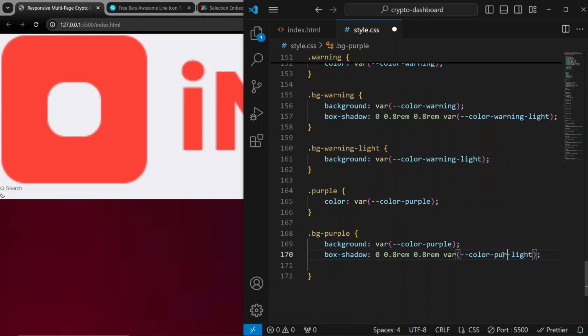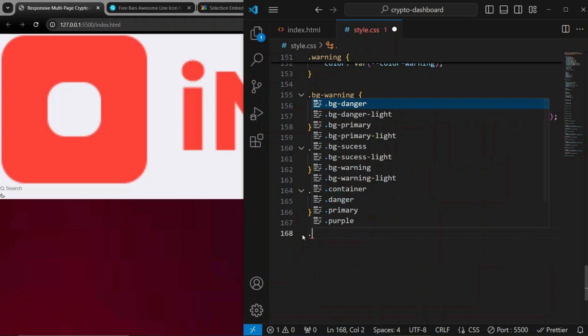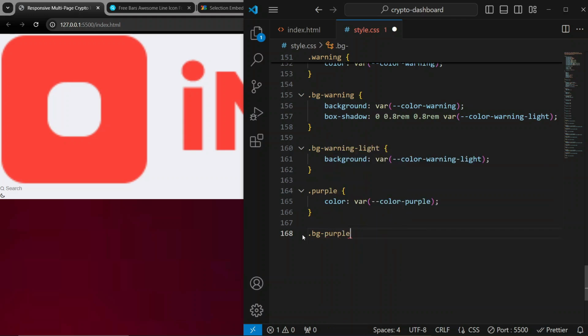Purple light. Or do we not have that? I guess not. So I'll just remove this and let's have bg purple light,